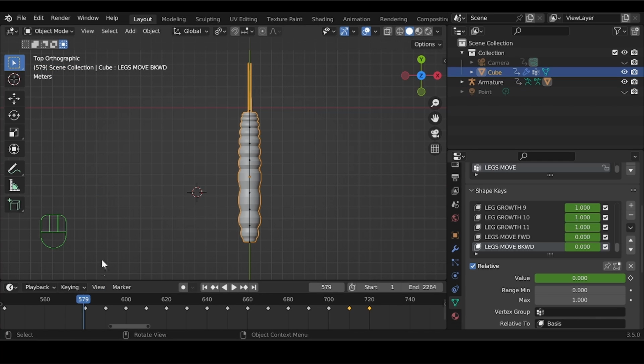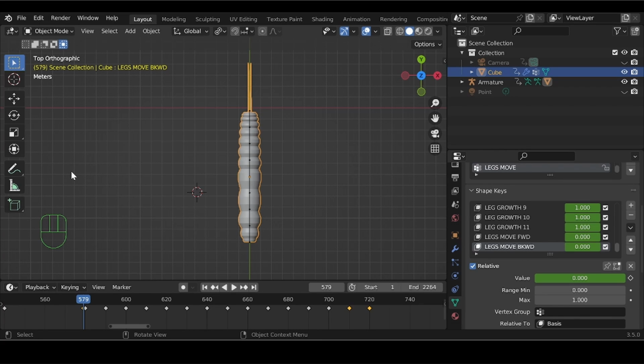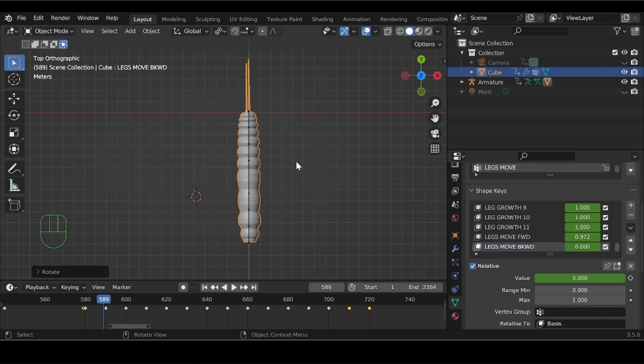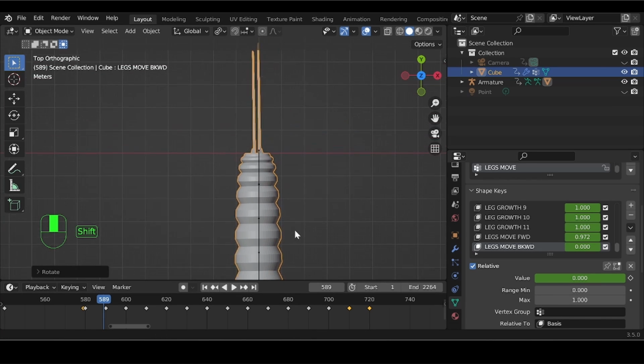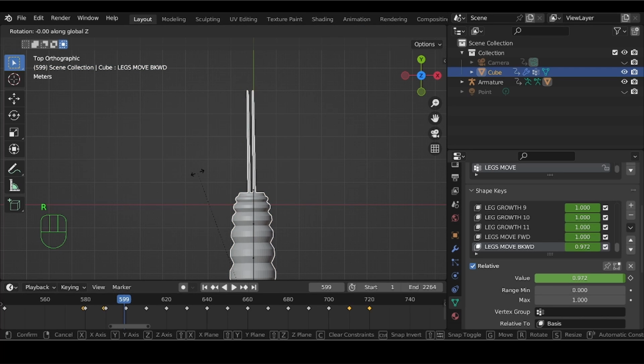So add a keyframe to kick things off. We'll add a rotation keyframe this time. Then we'll go to frame 589. Press R Z because we want to rotate it on the Z axis, and move the lava slightly to the left, like so. We want its antenna to just move slightly to the left of the Y axis line. See, like that. Add a keyframe, I, rotation,